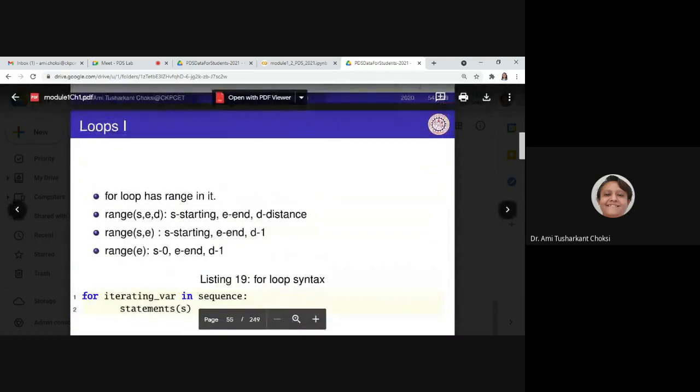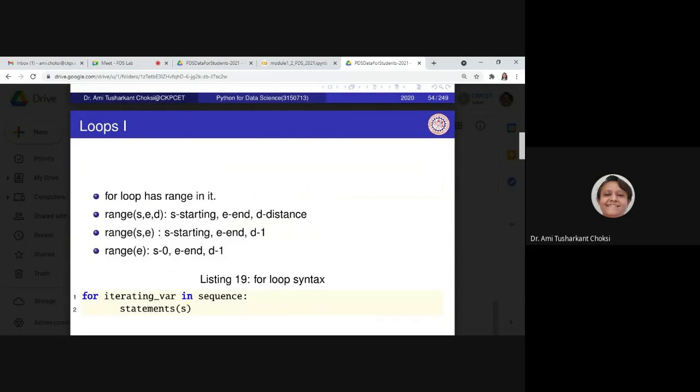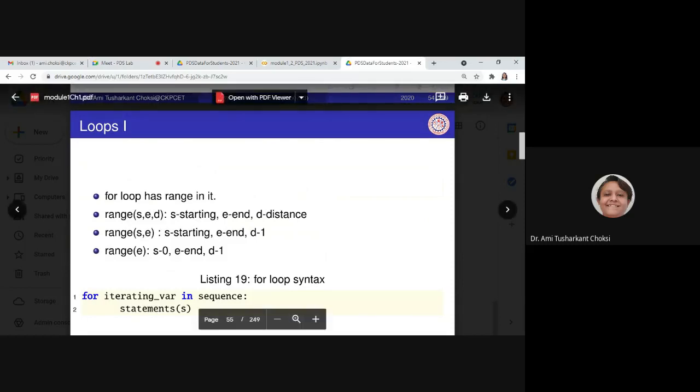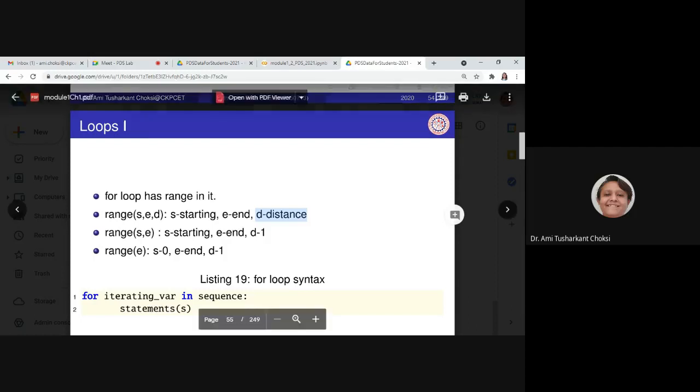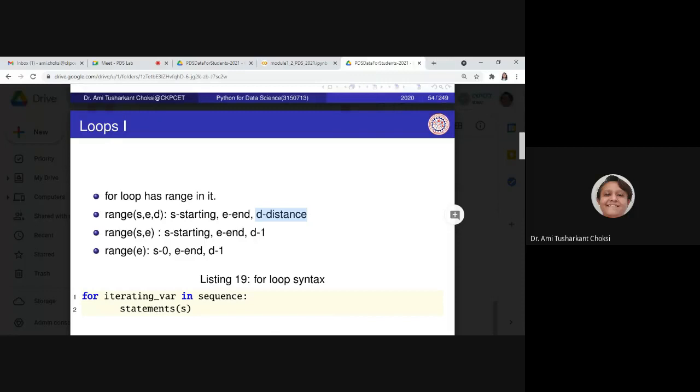That means S and E, two parameters are there, right? So what we have to consider is here D minus 1 is the distance. Here I was telling you D minus 1 means 1, 1, 1, 1. We will be decrementing. But for this particular thing, for E it is n minus 1. But what we say about the distance, whatever we want to provide here, D, that will be there.